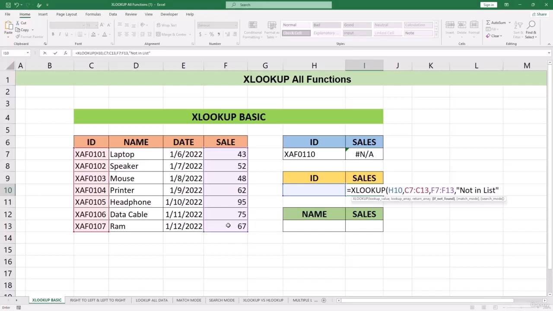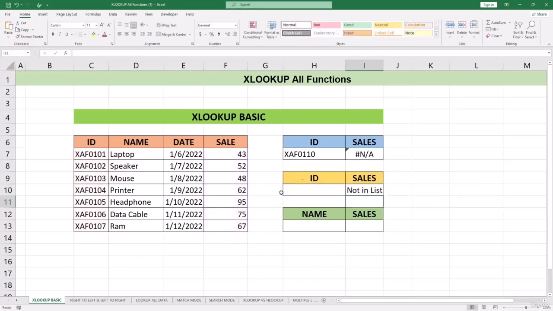And then I will close the bracket. So over here we have no information, so it's not in list. Let's copy it and paste it over here. It will also say that we have nothing on the list. So let's use 107, and you can see very easily we are able to find the sales of 107,